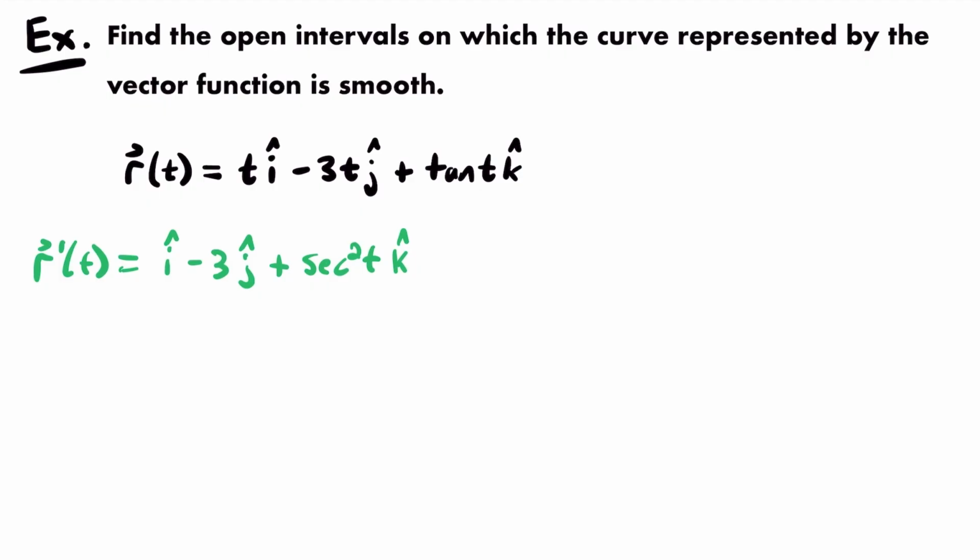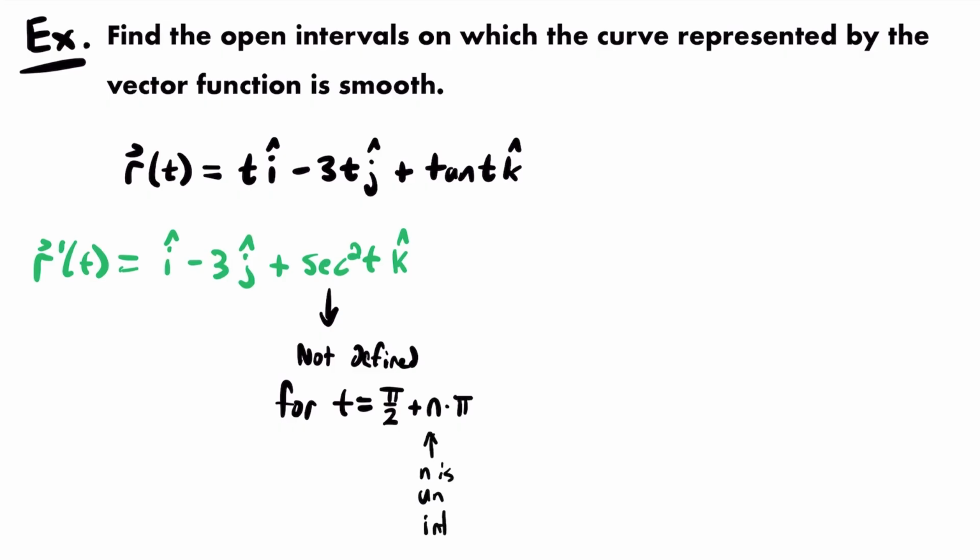And so here's what we learn. This component, secant squared t, is not defined for t equal to pi divided by 2 plus any multiple of pi. The way I'm going to represent that is n times pi, where n is an integer. Basically all that means is n has to be a number like 1, 2, 3, 4, 5. It can't be 1.23 or 7.4, anything like that. It has to be a whole number. So we have to consider all of those values of t when we set up our smooth intervals for